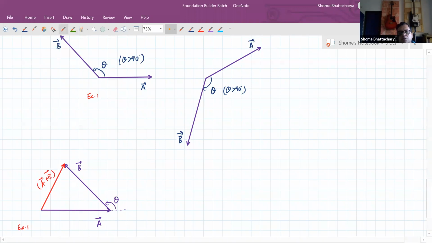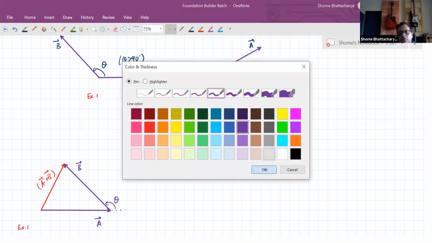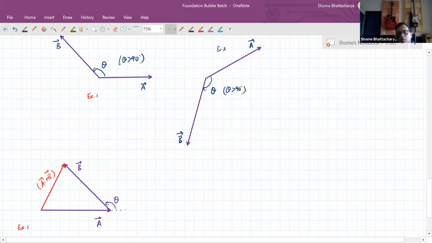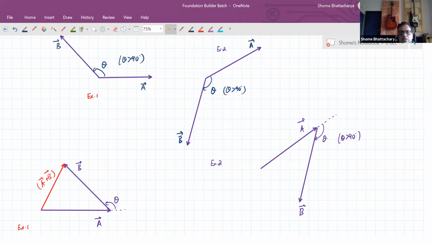Now similarly, if I look at this second example and construct a vector triangle using that, I'll have to first draw the vector A, which is in this sort of direction, let's say, and then from the head of A I have to draw the vector B. So that will be something like this. You can see the angle between them is this one, it is obtuse, it's greater than 90 degrees. I've not given you the value of the angle, but you can understand that visually.